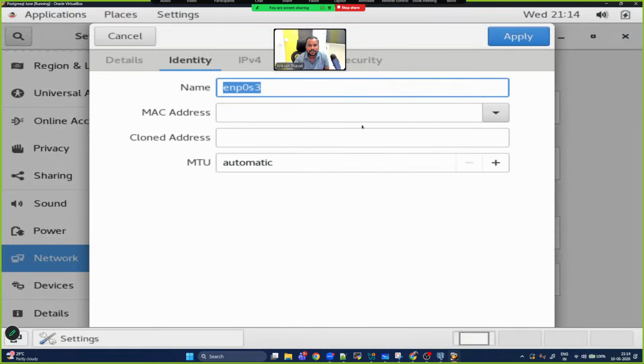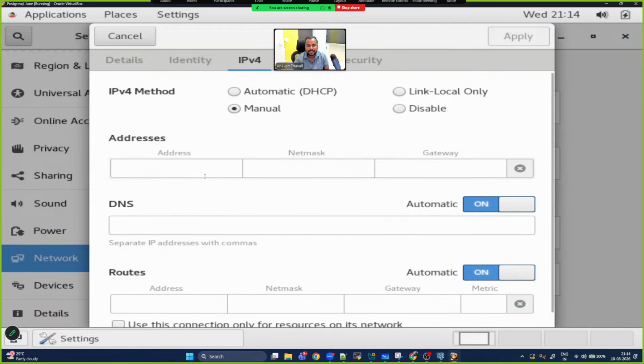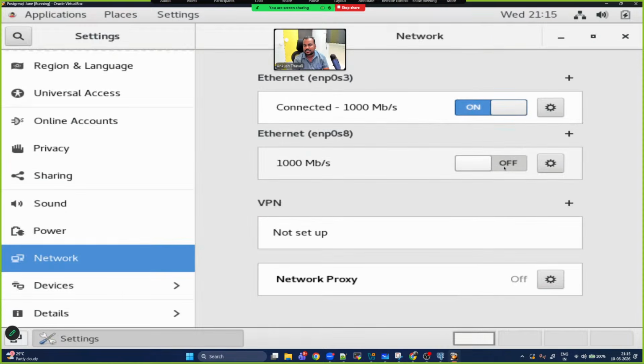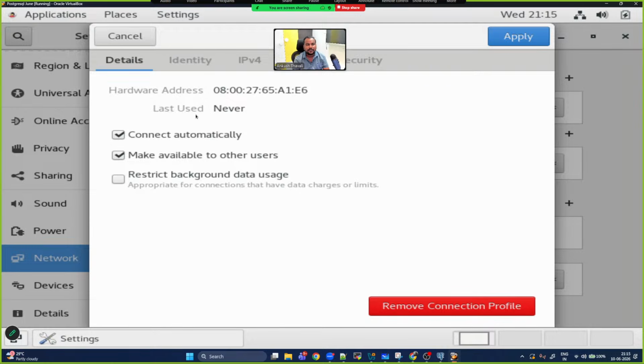Click on connect automatically. Click on static IP address, which is manual, and assign the address like 192.168.56.50. So this is the IP address of my machine, and this is my subnet mask. Click on apply. Then the second Ethernet is for your internet purpose only, because I want to install